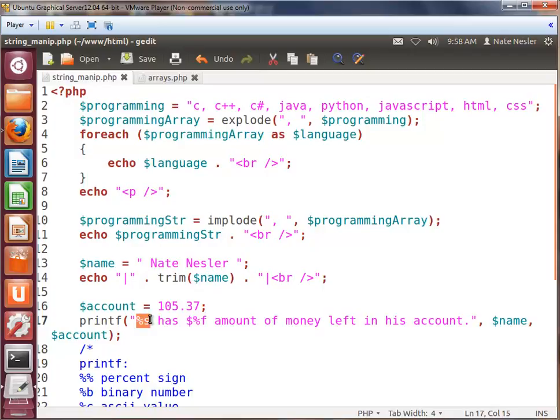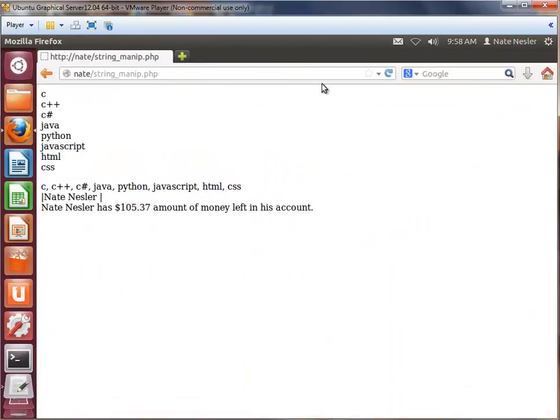So this one comes first, therefore the variable that corresponds to this data here has to come first when we're listing them. And then this one comes second, so this one has to come second when we're listing it here. So that's why account is next. So whatever is stored in account is going to get displayed in %f, but I'm going to format it as a floating point value. So that's why I use %f. And I say amount of money left in his account. Alright, so if I save and I say run this,